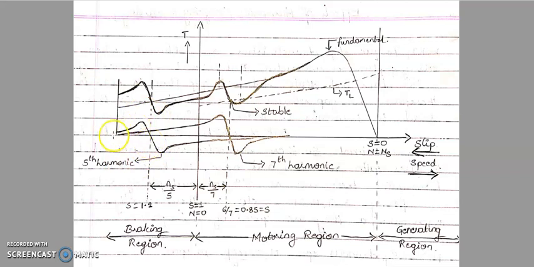So in that case, what happens? The 5th harmonic gets introduced. The 7th harmonic gets introduced when your motor is running in the motoring region. And if you go to the generating region, the same 7th harmonic will affect on the negative side. So this causes your motor to crawl, meaning it runs at a speed lesser than the rated speed of the given motor; the motor will be at this particular point.